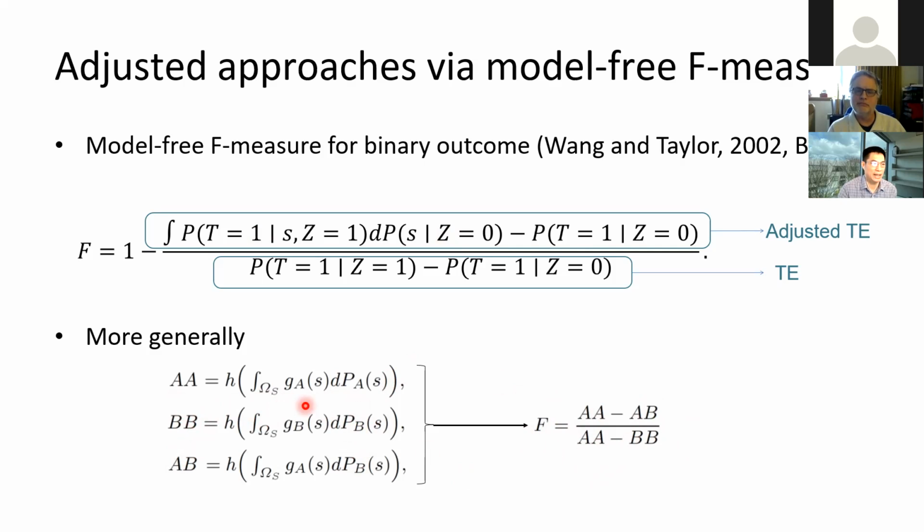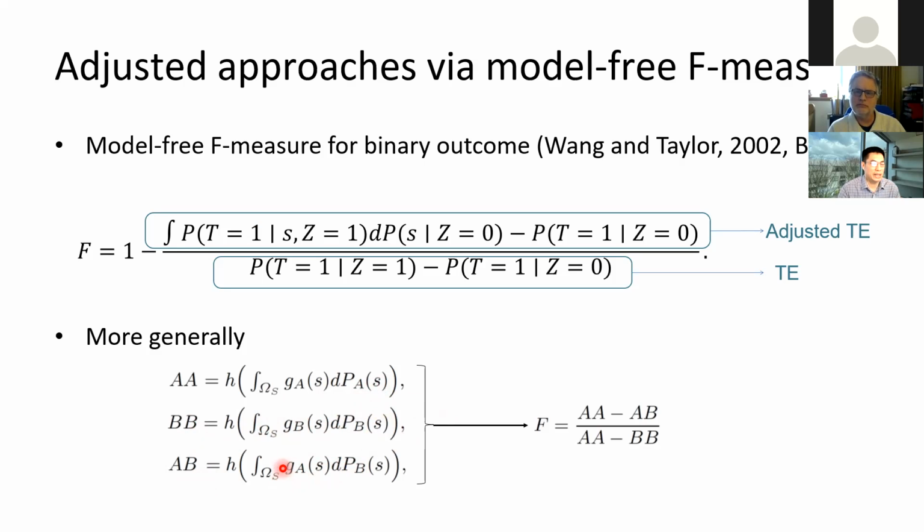So if you look at the AA, it's basically the absolute risks given a marker over one arm, arm A, and the surrogate marker distributions in arm A, and BB is the conditional distributions given a marker in the arm B group, applied to the arm B group's surrogate marker distributions. But AB is more like a cross